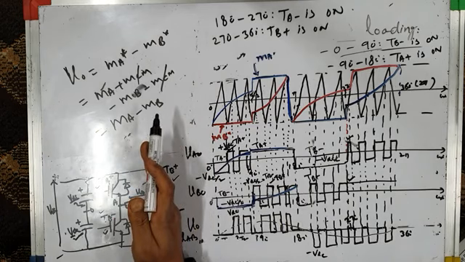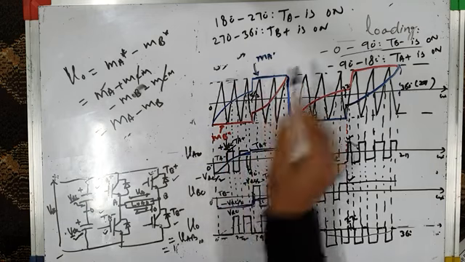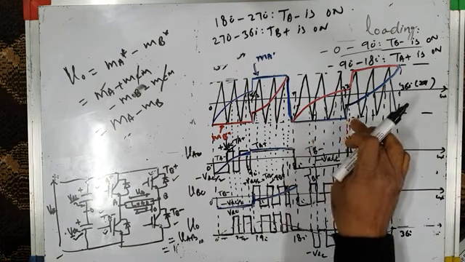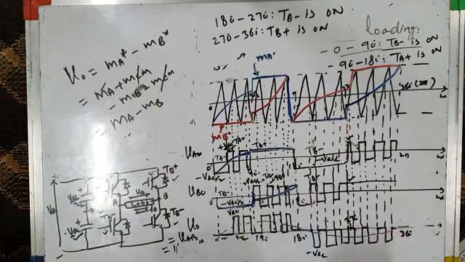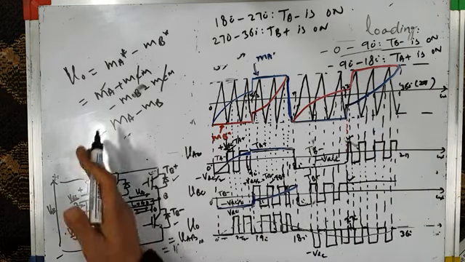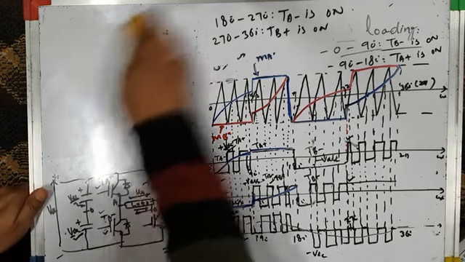It was not switching, whereas leg A was switching. From 90 to 180 degrees, leg A was clamped, leg B was switching. From 180 to 270 degrees, leg A was clamped again, and leg B was switching. And from 270 to 360 degrees, leg B was clamped, and leg A was switching. So therefore we can very clearly see that